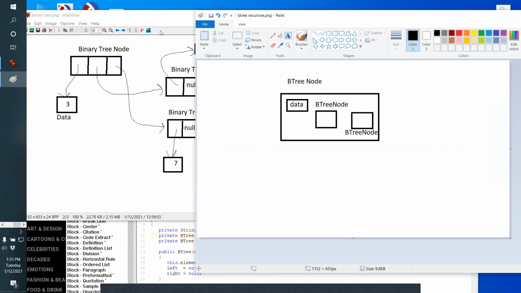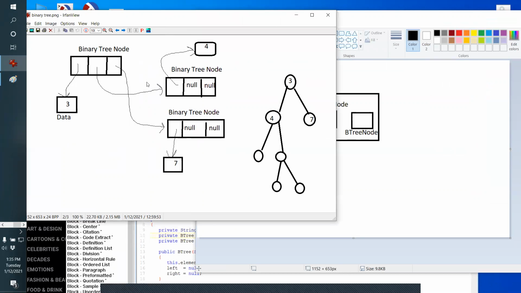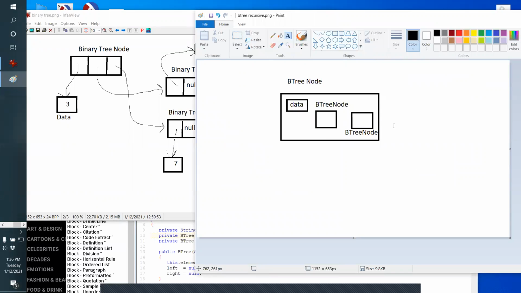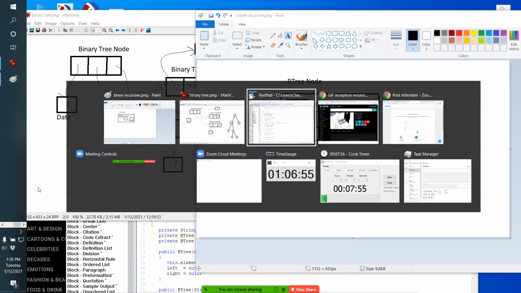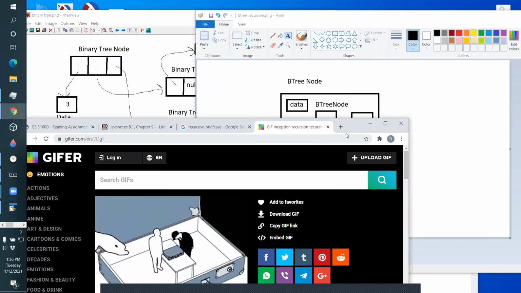If you could, by pointing over to here, you don't have something inside of something inside of something inside of something. You have something just pointing to something else, and then that something can point to something else. Whereas here you would get the true recursion of this thing holds a copy of itself. So then you get that video. See, then you would be in this video kind of situation